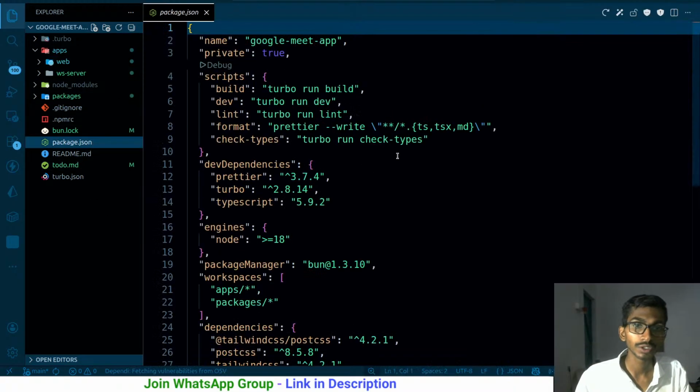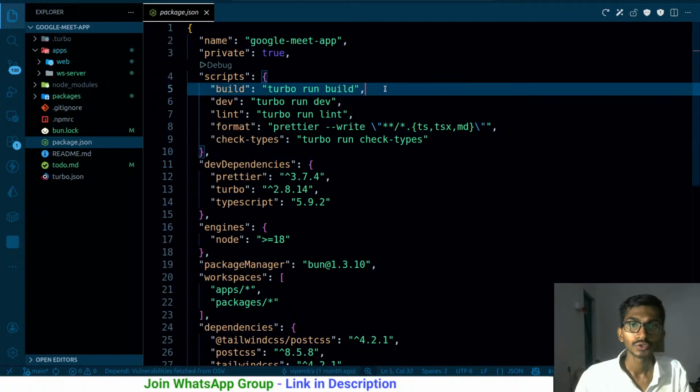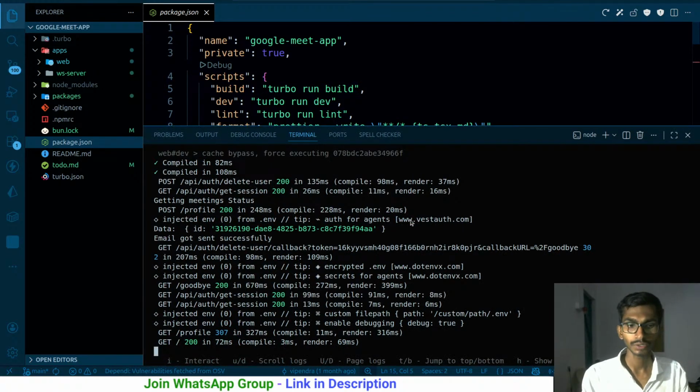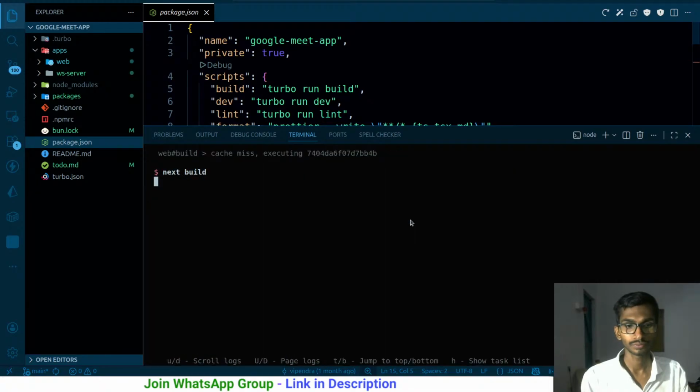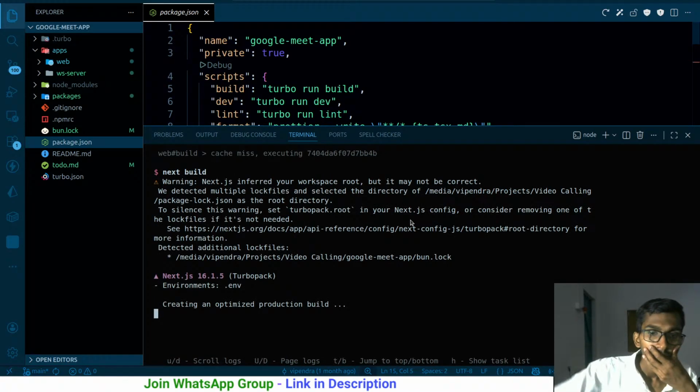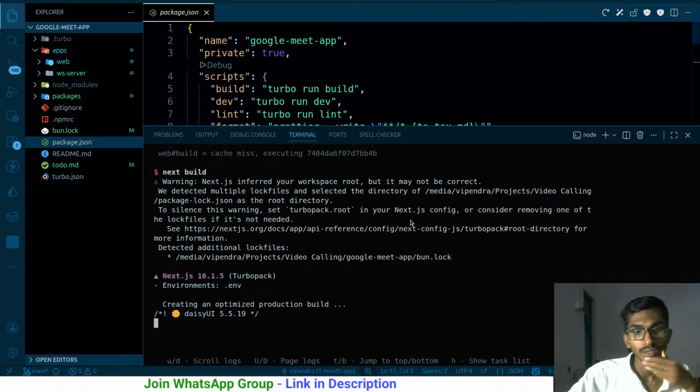How to build using Turborepo, I will have to explore it. So turbo run build, I think this is the command. Let me see. Stop everything. Turbo run build. Let's see how it's going to go. By the way, the first step is not even the main problem. The first step is just building the images. Once the images, like building the images,